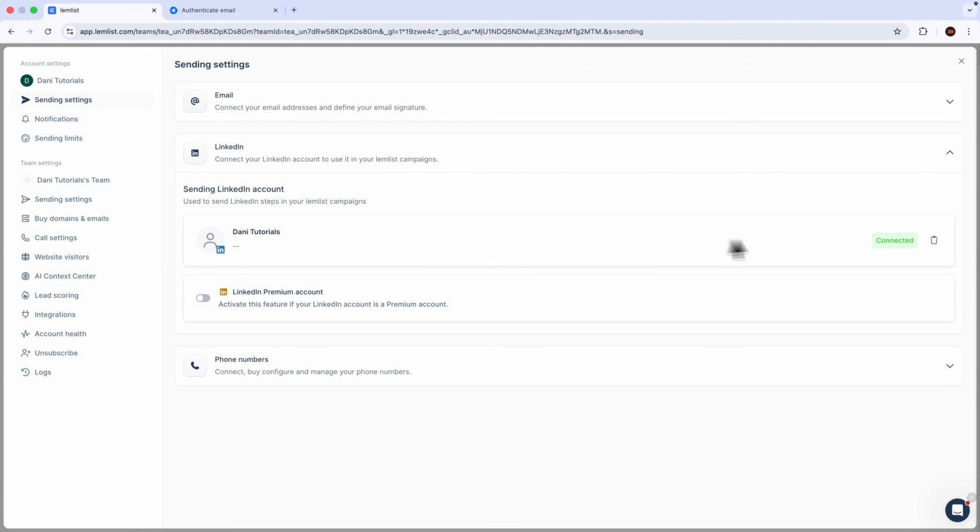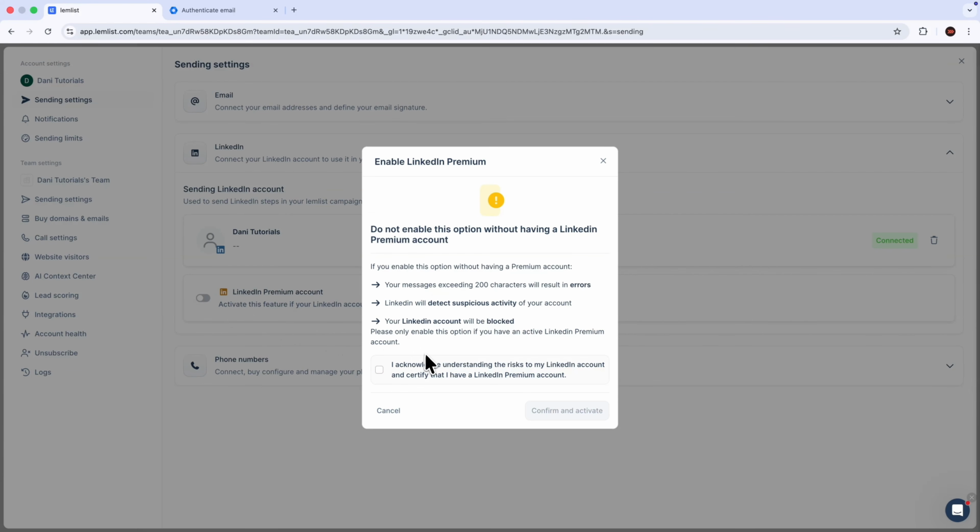Our LinkedIn account is now also connected. If you have a LinkedIn Premium account, what you can do is toggle this on and then just click Confirm and Activate. Now, before we move on, I want to address something that a lot of people are actually worried about,